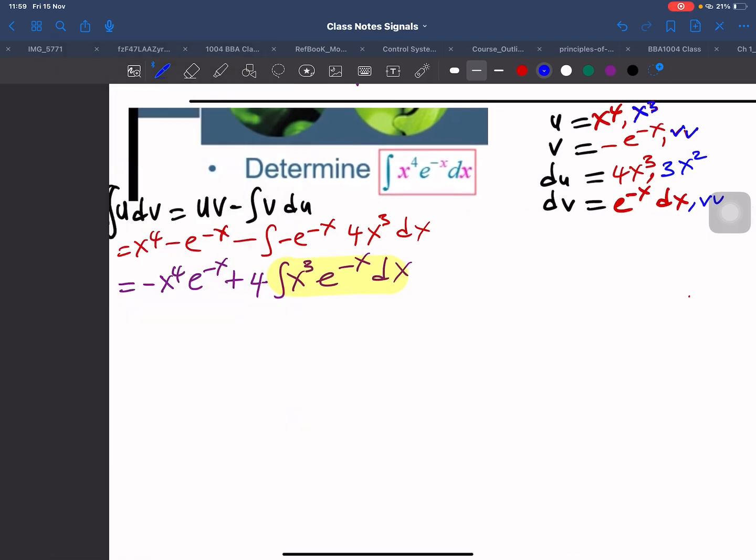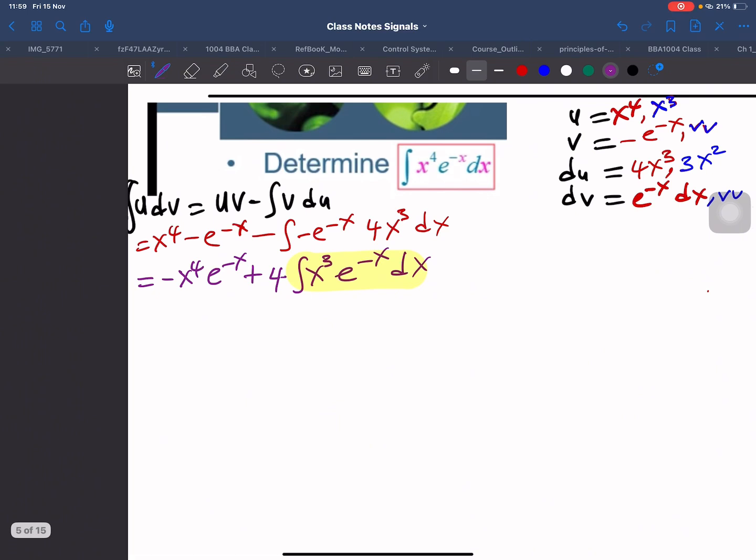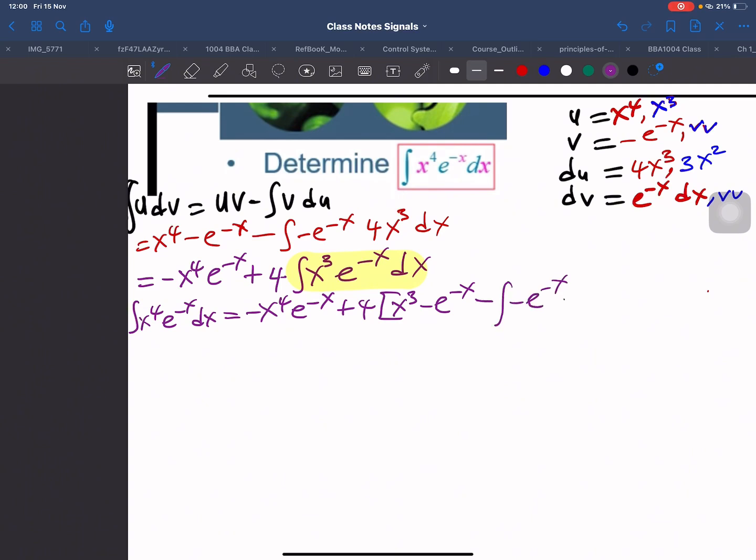So now the integral of x raised to the power 4 e raised to the power minus x dx is equal to minus x raised to the power 4 e raised to the power minus x plus 4, that will be distributed to x cube. What is our u? Our u is x cube, and our v is minus e raised to the power minus x, and du is equal to 3x squared dx. So we now rearrange it again, which is equal to